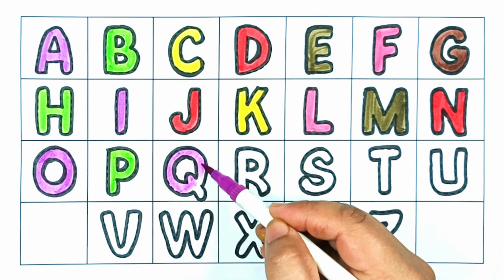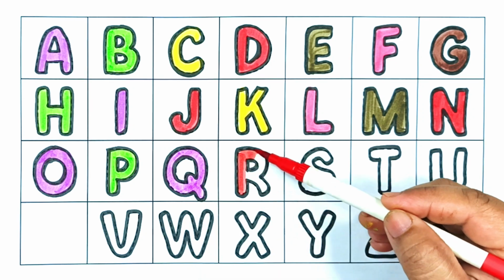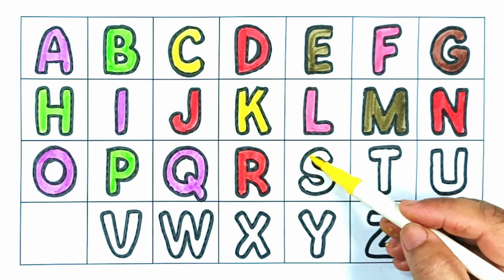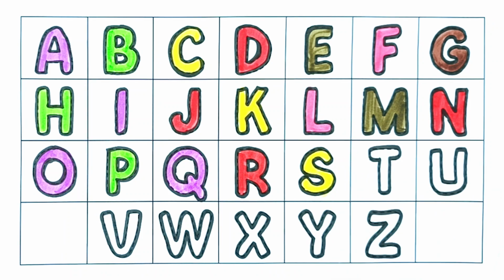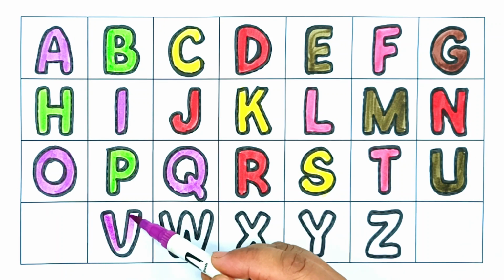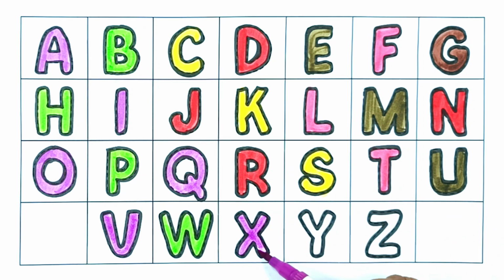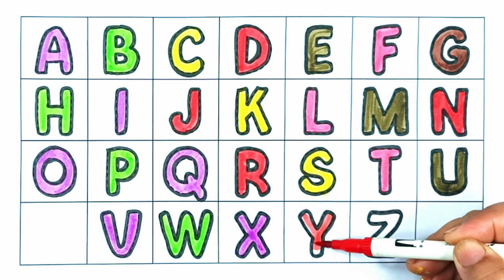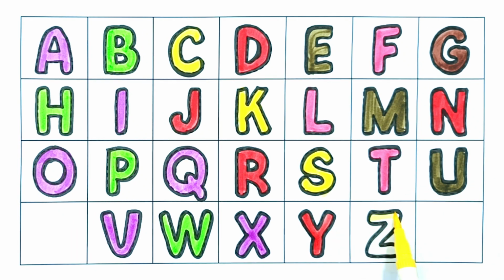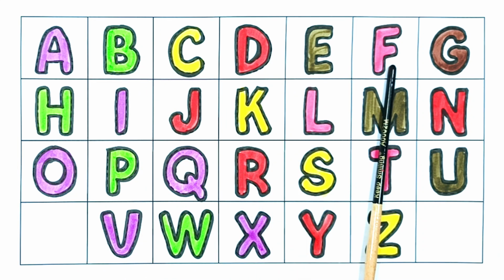Q for queen, Q for queen, R for ring, R for ring, S for star, S for star, T for train, T for train, U for umbrella, U for umbrella, V for van, V for van, W for watch, W for watch, X for xylophone, X for xylophone, Y for yacht, Y for yacht, Z for zebra, Z for zebra,